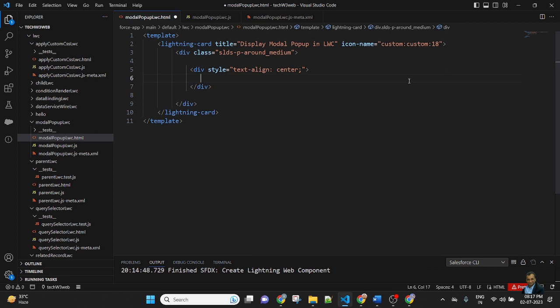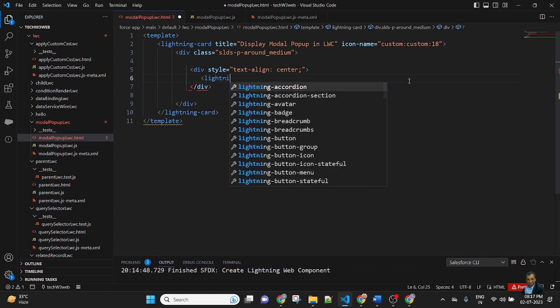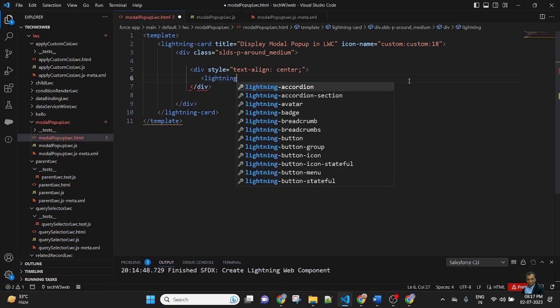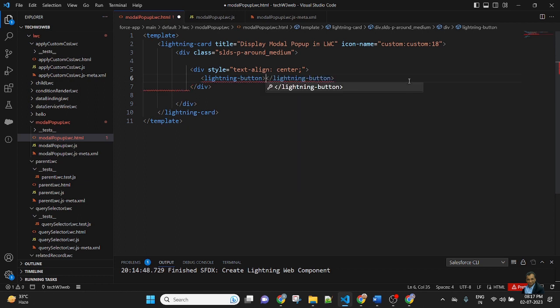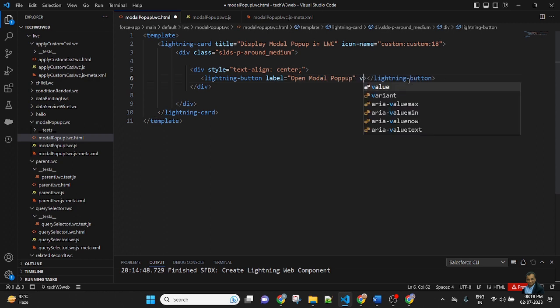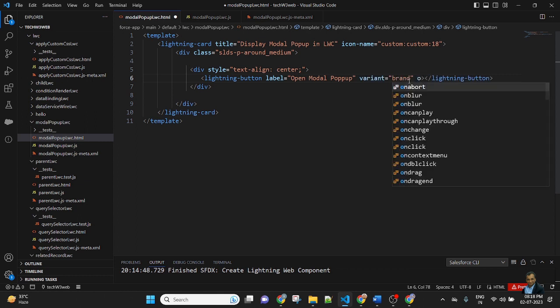In that div I create a lightning-button with the label Open modal pop-up and variant brand, and there is an onclick function.